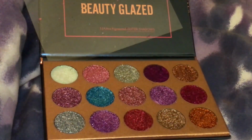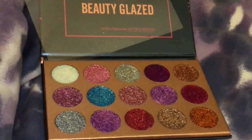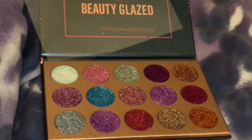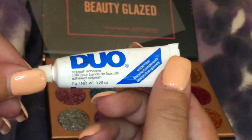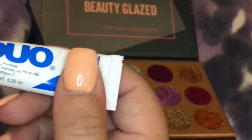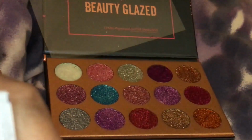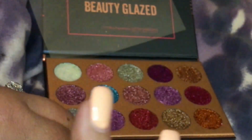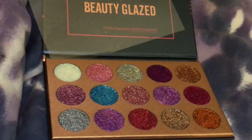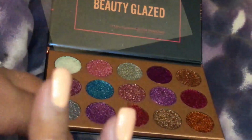I love red lips. Red lipstick is everything to me. So what you can do, use a primer for your lips, then put the lipstick on, and then a secret I learned. So a secret I learned is to use strip lash adhesive for fake eyelashes. So this one is Duo, and you just put it on your lips over your lipstick. I'm showing it on my hand, but you want it to get a little tacky, and I'm going to show you the red color on this so you can see